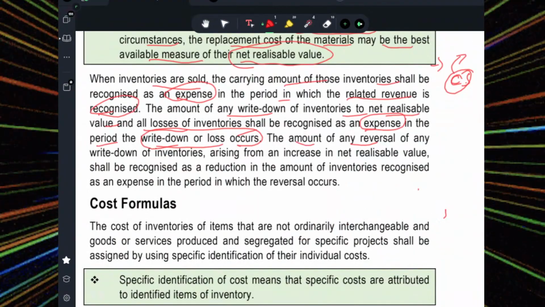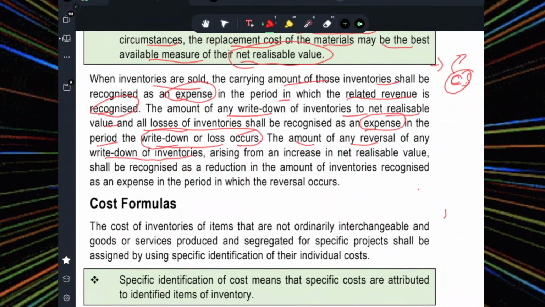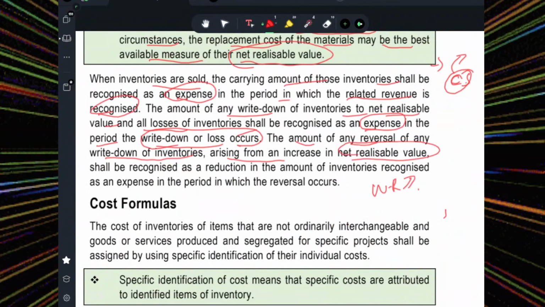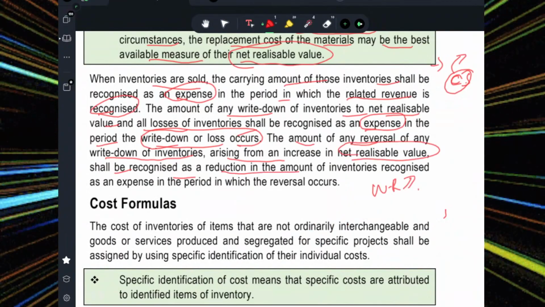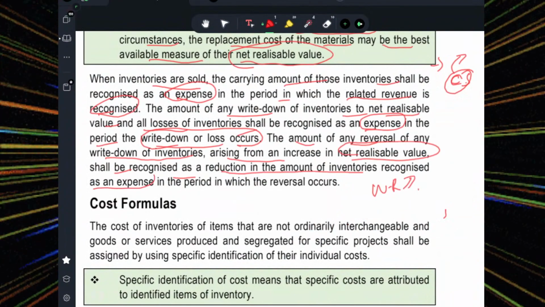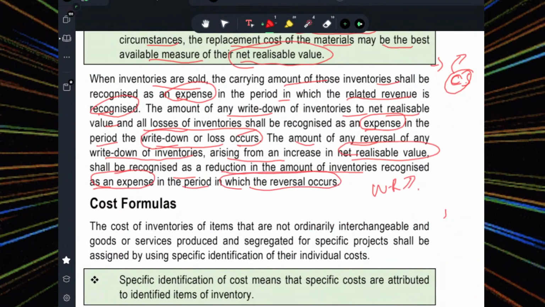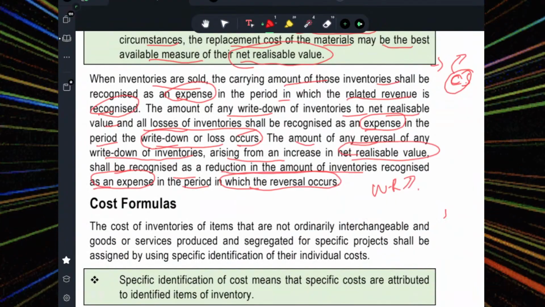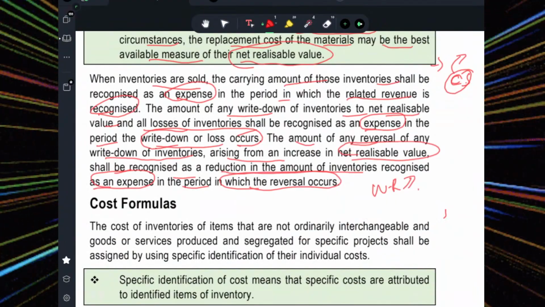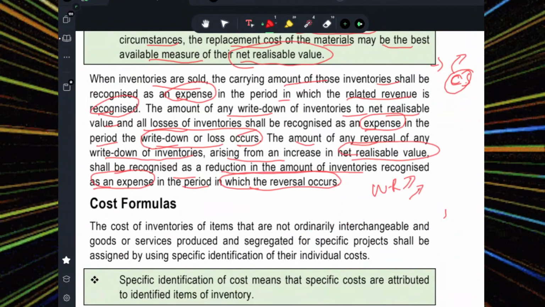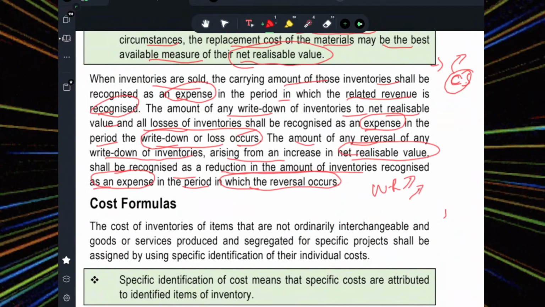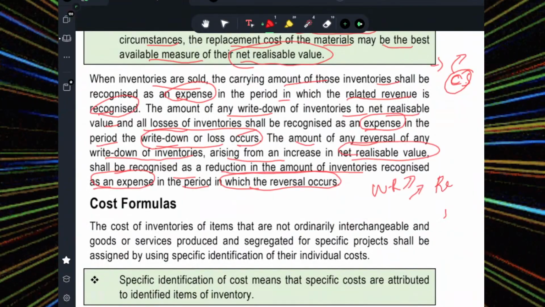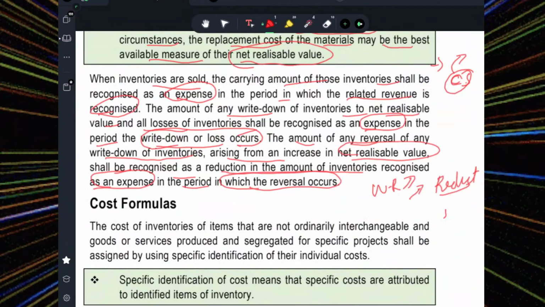The amount of any reversal of write-down of an inventory. So write-down is reversed, arising from the increase in net realizable value, shall be recognized as a reduction in the amount of inventory recognized as expenses in the period in which the reversal occurs. So if the reversal occurs and that reversal is an increase in net realizable value, then the amount that is increased should be